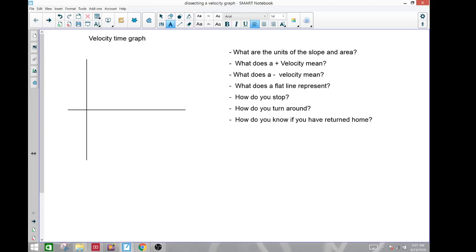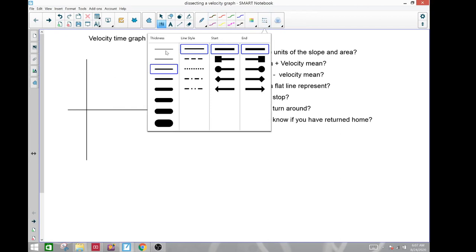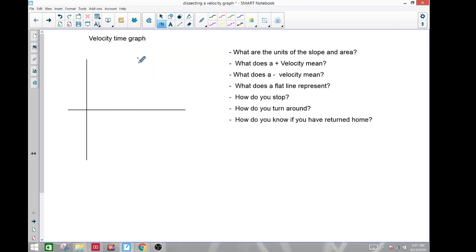Good afternoon, this is Schweitzer, and we're going to do a little video I would call dissecting a velocity time graph. Now, a velocity time graph is one of the two super important graphs that we need to be familiar with. Now, again, these are just things that you don't want to memorize. You want to be able to just go through a process of sort of